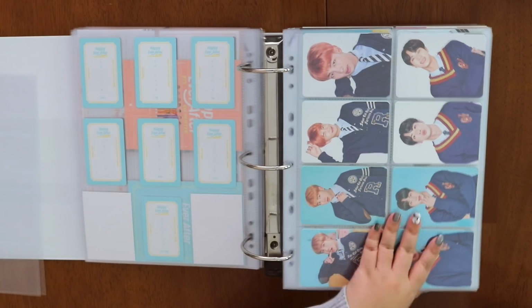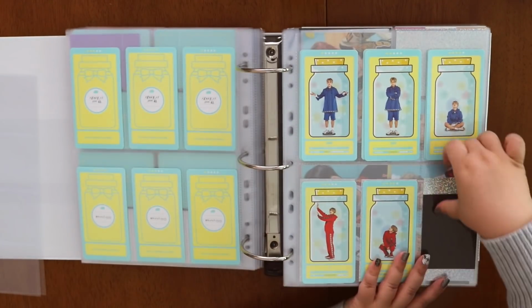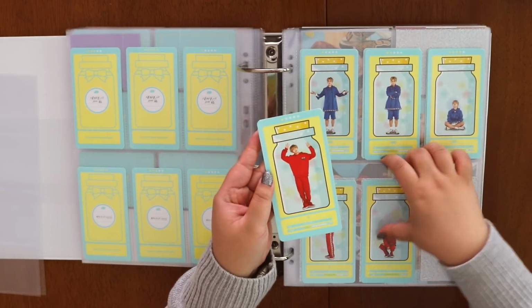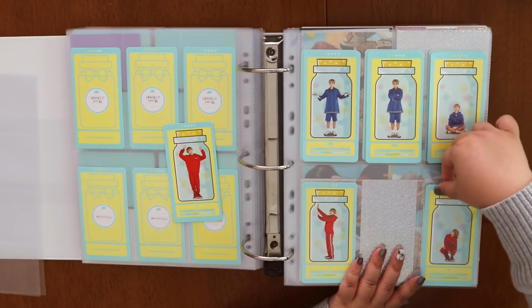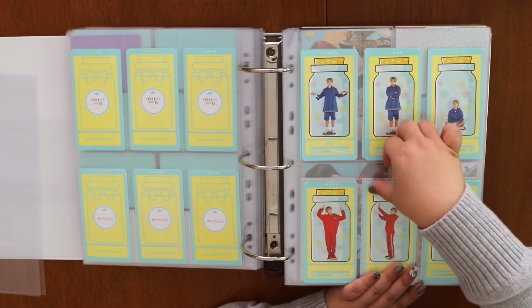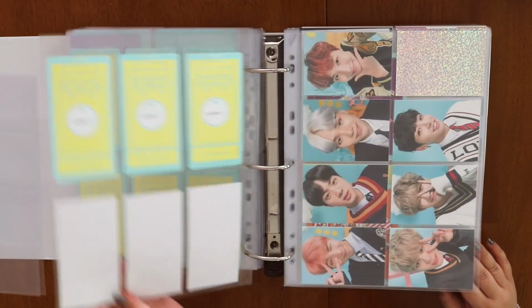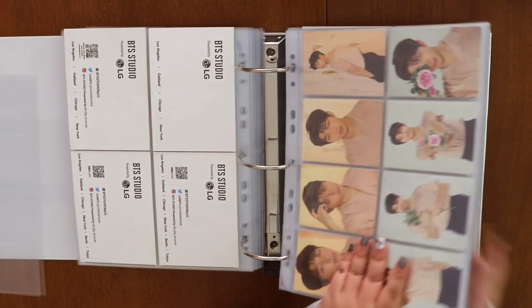Okay, and then 4th Japan fan meeting, only doing these. So I do have Tae's #1 card. Okay. And then for 5th Muster Korea, I think I'm actually completing